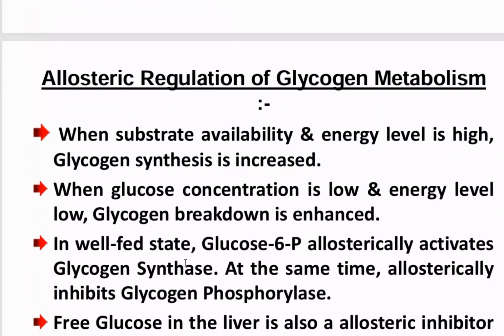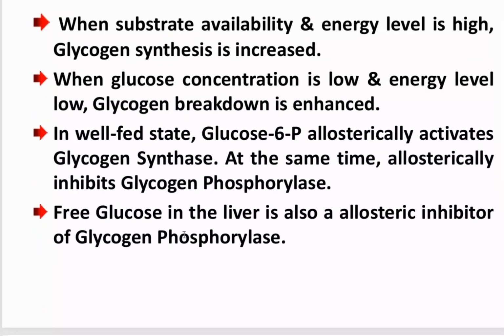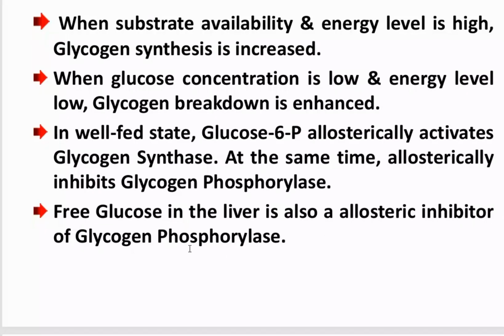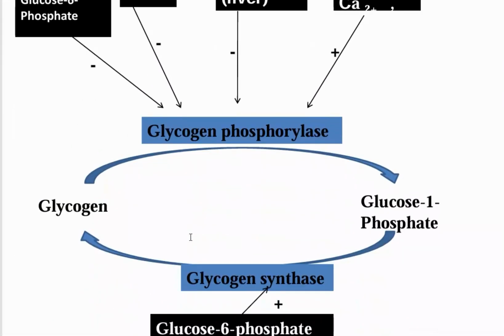So in the well-fed state, glucose 6-phosphate allosterically activates glycogen synthase, and at the same time allosterically inhibits glycogen phosphorylase. So one enzyme is activated and another enzyme is inhibited. The free glucose in the liver is also an allosteric inhibitor of glycogen phosphorylase. If you see these structures, you can clearly find glycogen converted to glucose 1-phosphate with the help of the glycogen phosphorylase enzyme, and these are the